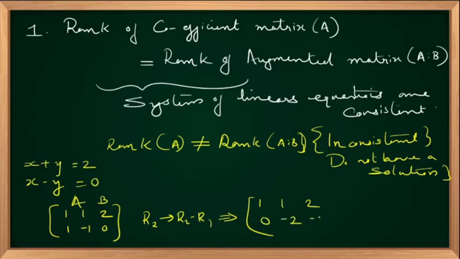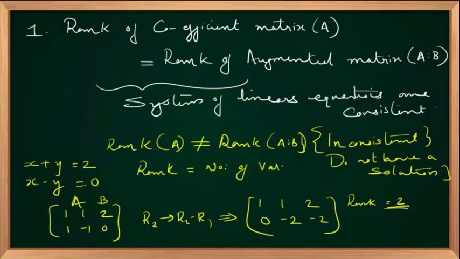0 minus 2. So I now have two rows which are non-zero, which means the rank of A is equal to the rank of AB. So the rank is equal to 2. Both the coefficient matrix as well as the augmented matrix have a rank of 2. Now it implies the system of linear equations is consistent, and we have one more piece of knowledge here. Since the rank is equal to the number of variables,